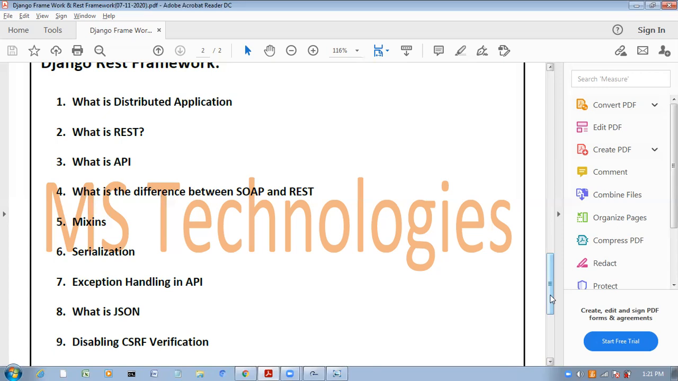Wherever we have the forms concept, wherever we are going to use a form, there we compulsorily need to provide the CSRF token for verification purposes, and for security purposes. CSRF means cross-site request forgery. If you provide this token, other people can't forge our request. But